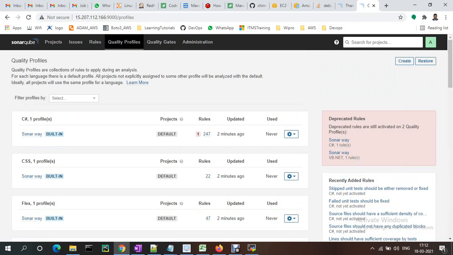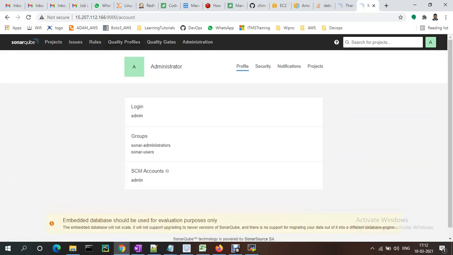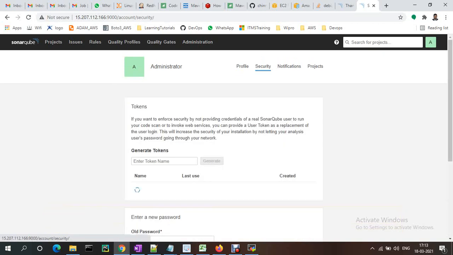Once the installation is done, we just need to create a token. To create the token, we need to go to My Account, and under Security, generate token.